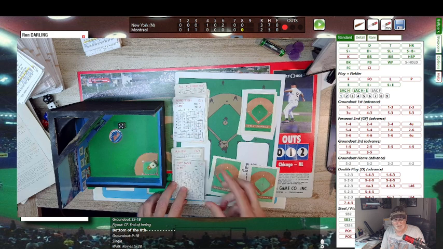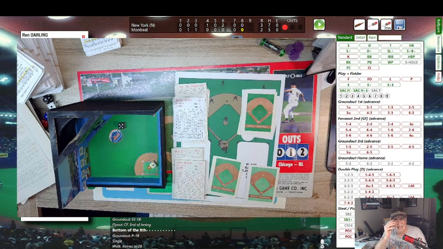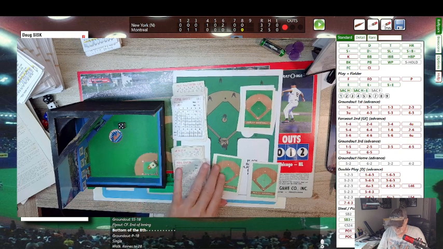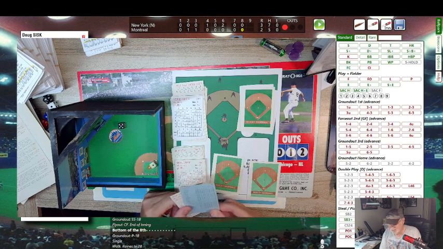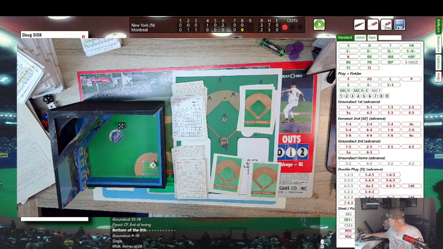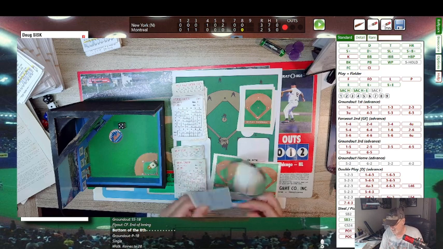Andre Dawson. Dawson in the replay. Let's see what Dawson's doing in the replay. Batting .239 with 17 home runs. Not sure exactly what he did that season. All right, it's on these little cards. This game gives you these tiny little cards. They're the standard size baseball card, and then it'll tell you. It's written really, really small, so it's not easy for me to see. All right, there we go.